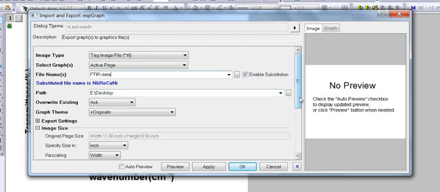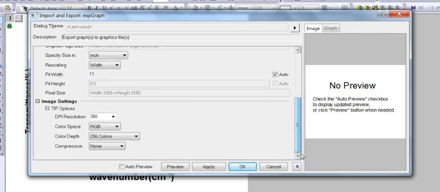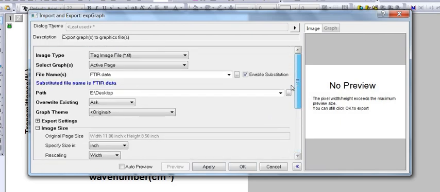Coming downward, the color space is RGB, and this is the resolution we want. Better is 600. So you can do this and apply,